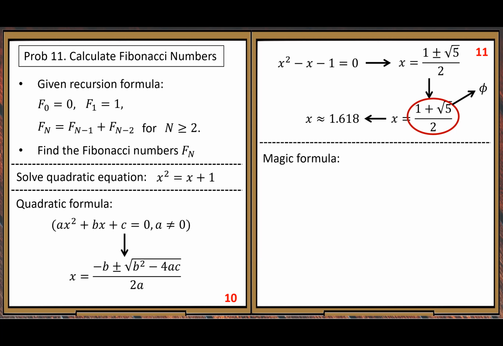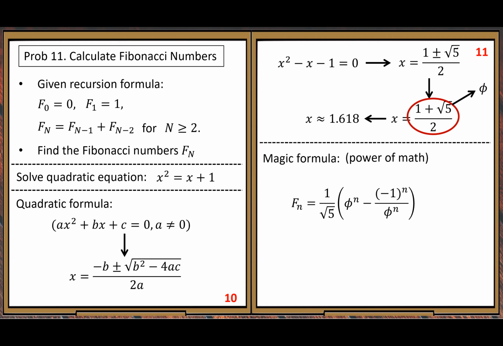Magic formula. Now, we want to have the formula for Fibonacci numbers. It's hard to guess. Think about in the previous problem, we made a good guess. But here, think about this magic formula. How can people guess